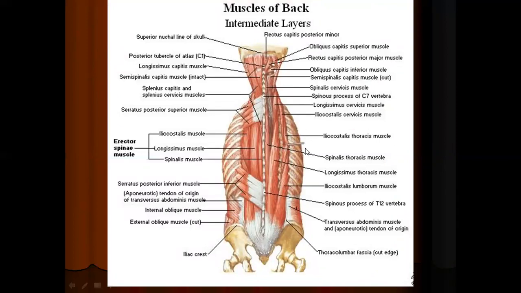This is Netter's atlas picture, which shows all the muscles, if we try to understand. Trapezius and latissimus dorsi are removed. The muscles which are attached to the scapula are removed. That's the reason we are not finding levator scapulae, rhomboids major, rhomboids minor, isn't it? Supraspinatus, infraspinatus, teres minor, major are missing. So that means we have done a stepwise dissection removing trapezius, latissimus dorsi, and muscles which were attached to the scapula.